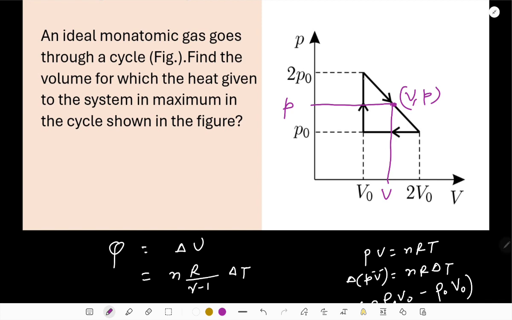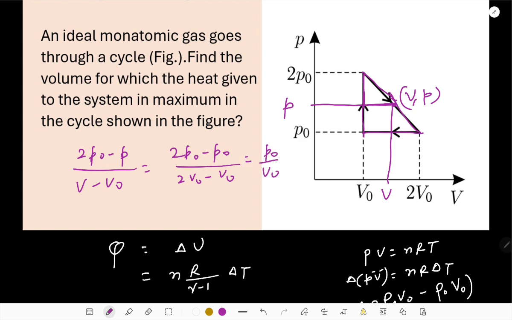I'm going to apply the idea of similar triangles here, and I would like to write (2P naught minus P) divided by (V minus V naught) equal to (2P naught minus P naught) divided by (2V naught minus V naught), that is P naught by V naught,